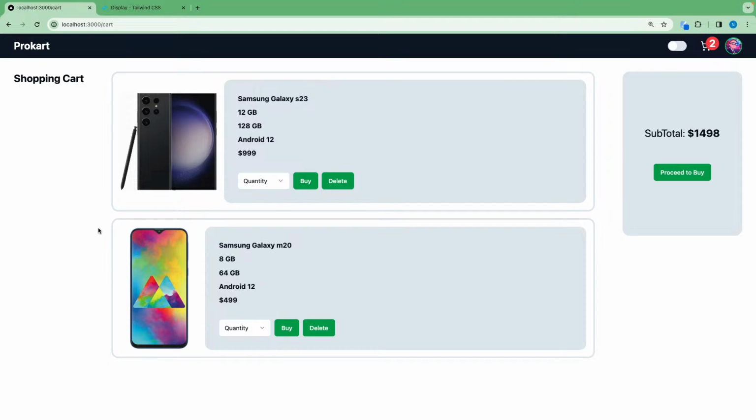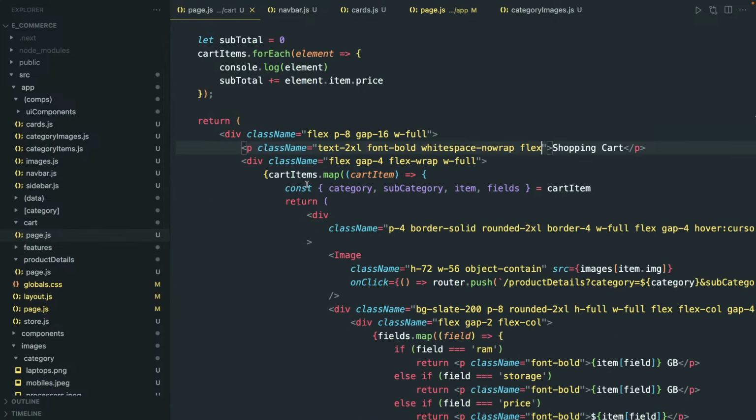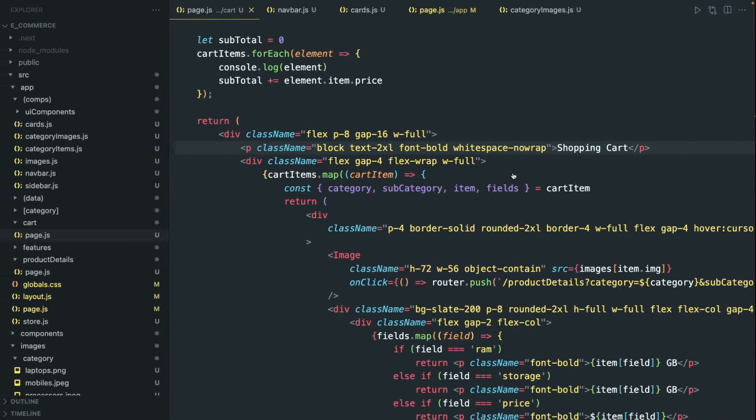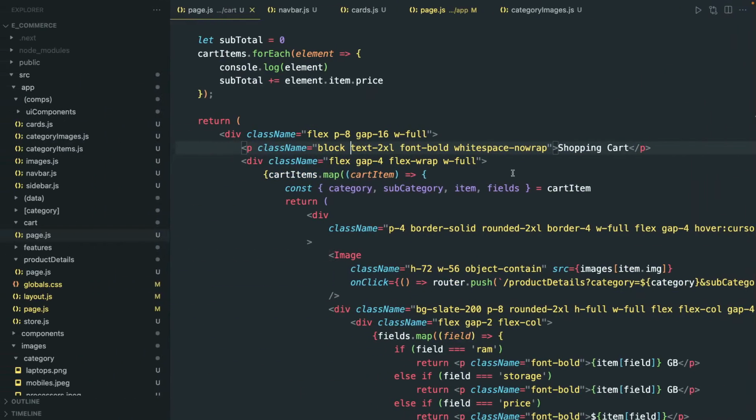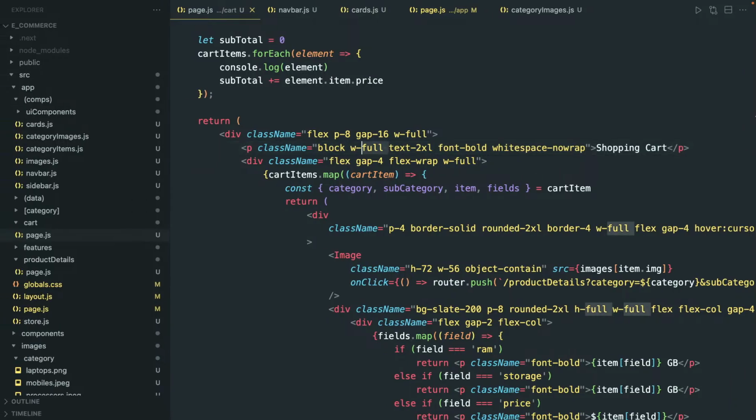Shopping cart should be, let me write it at the first, it's not working. Actually,